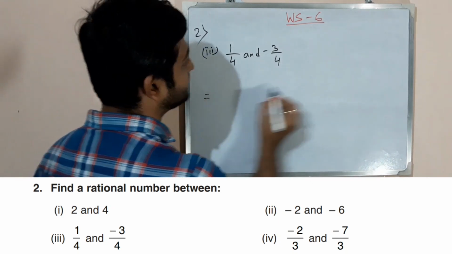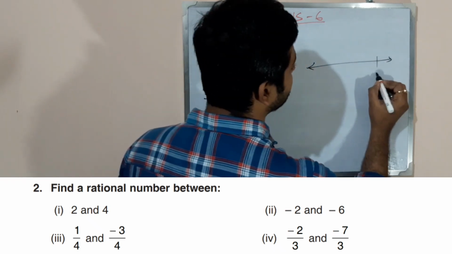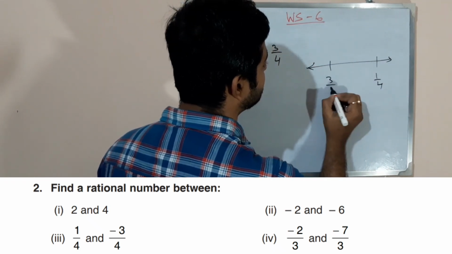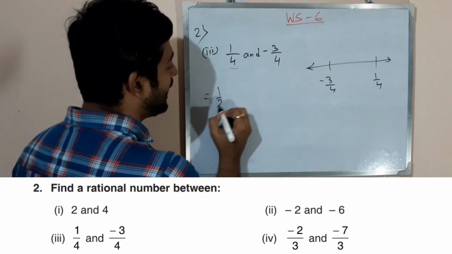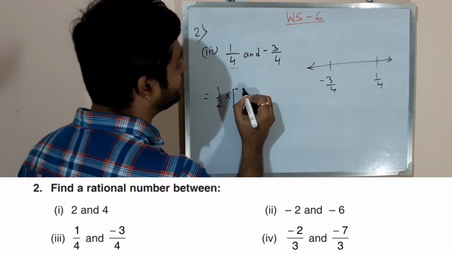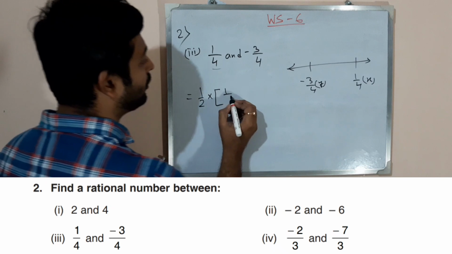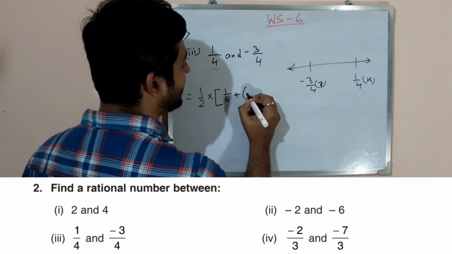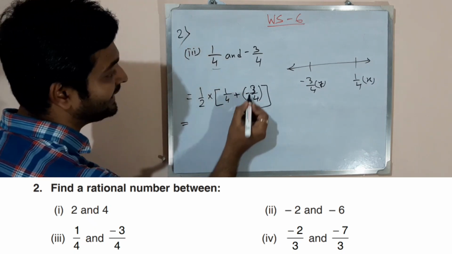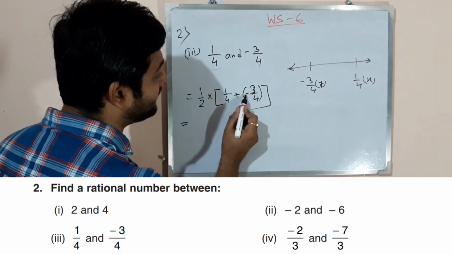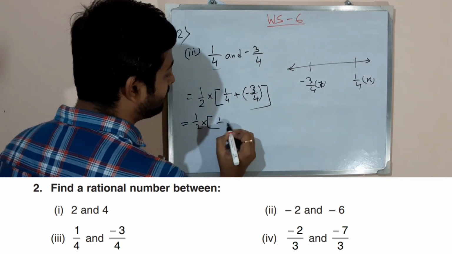For the same process, you have to draw a number line. So this is a positive number, means there should be 1 by 4 and there is minus 3 by 4 because it is a negative number. Okay. So what is the process? Half into, now bracket में लिखना है x plus y, that means we can assume that is x and that is y. So we can write 1 by 4 plus bracket minus 3 by 4. Why have I taken the bracket? Because minus and plus sign are there, so that's why. Half into, now 1 by 4.